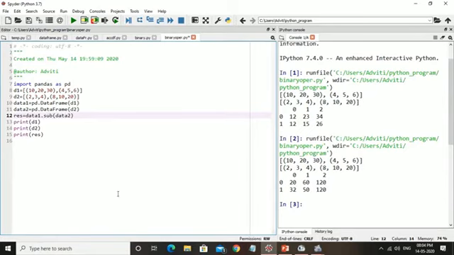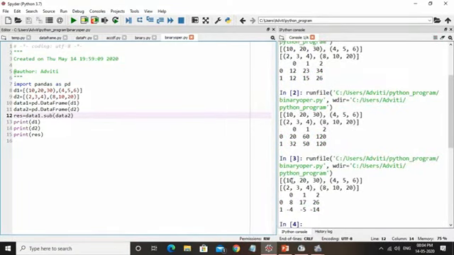Now subtraction operations. Run this program, you can check the value. Now look at here, 10 minus 2 is 8, 20 minus 3 is 17, 30 minus 4 is 26. But 4 minus 8, what is being subtracted from what? 8 is subtracted from 4, so what will come? Minus 4. Out of 5 minus 10, so minus 5, and then 6 minus 20, so display minus 14. Fine. Now we can perform another operation like division function.